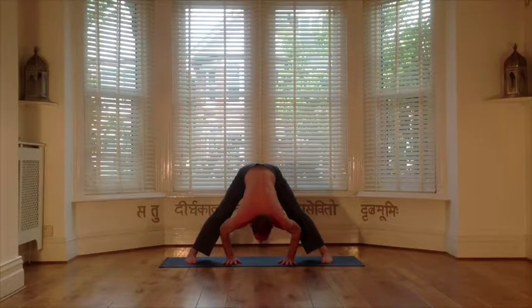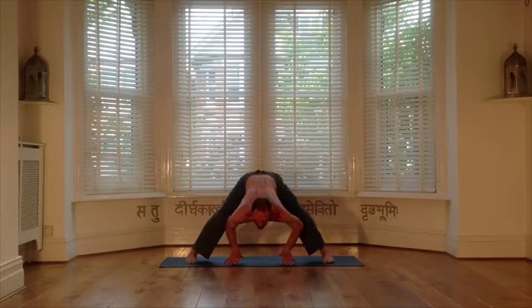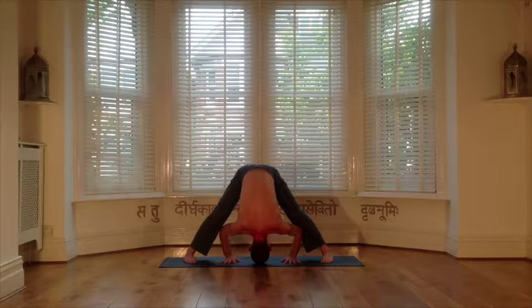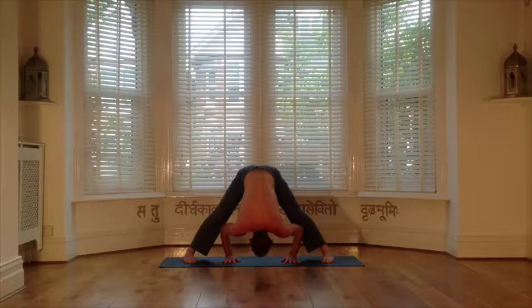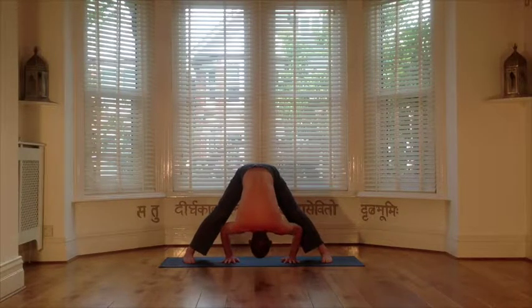Okay, so once again we pick up our pulse action using the inhalation to find the hinge in the hips, to create length in the spine, looking forward, and the exhalation to lever ourselves into the bow. We get 6 pulses here in bowing triangle,